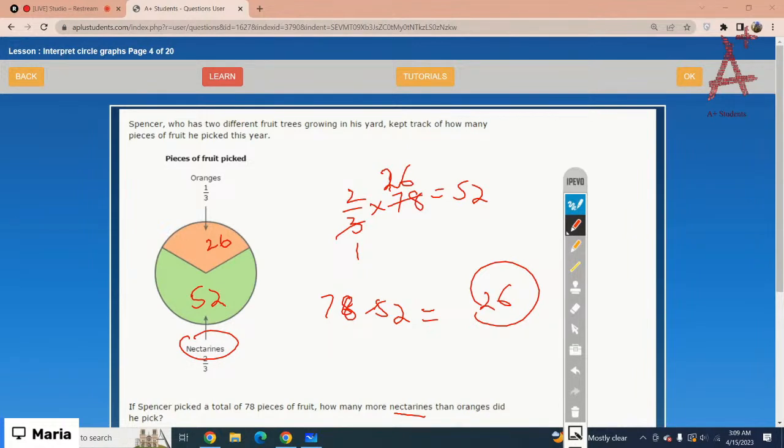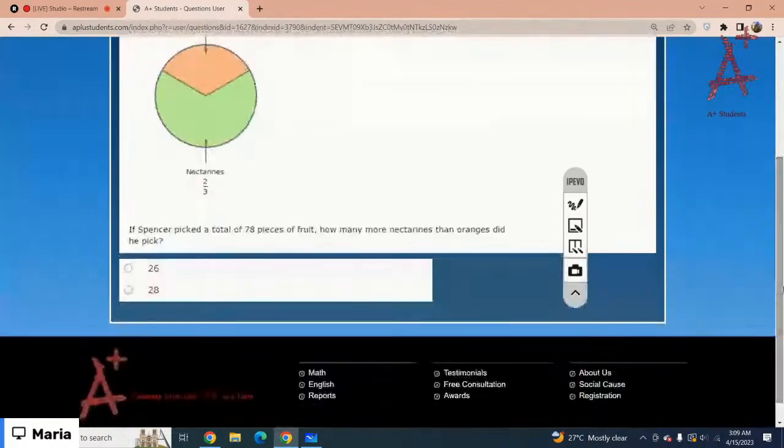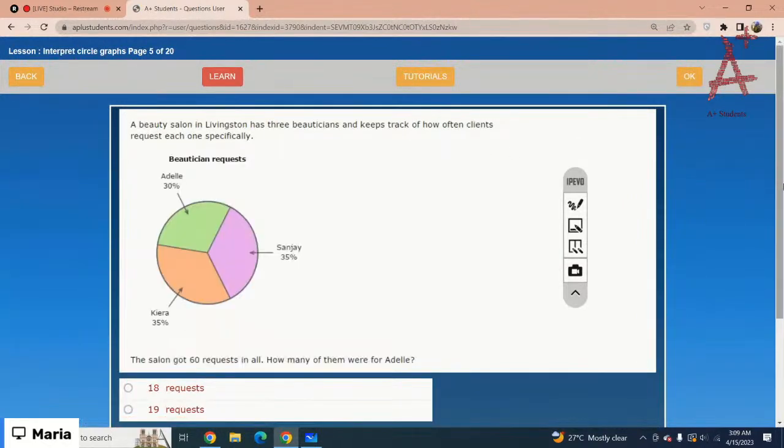Got it? So the correct option is 26. Got it? They are 26 more than. Okay, the next one is